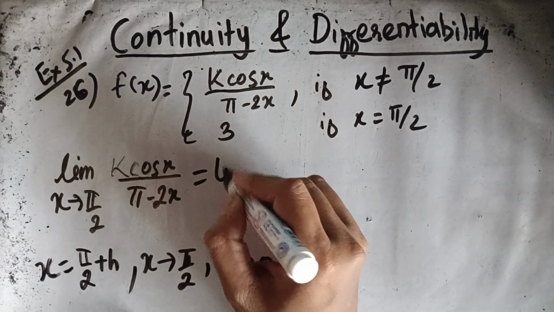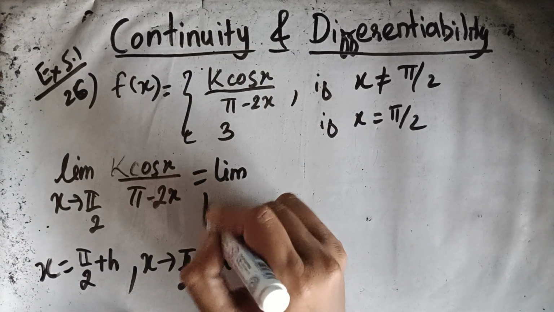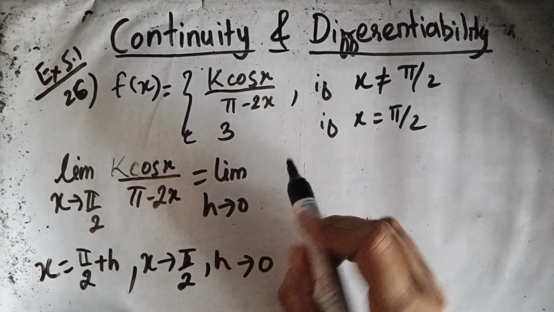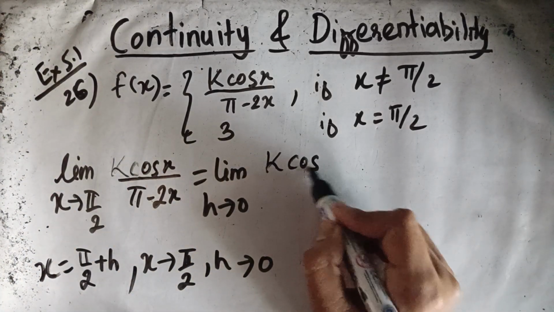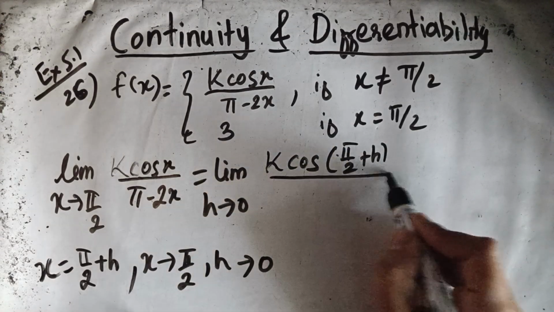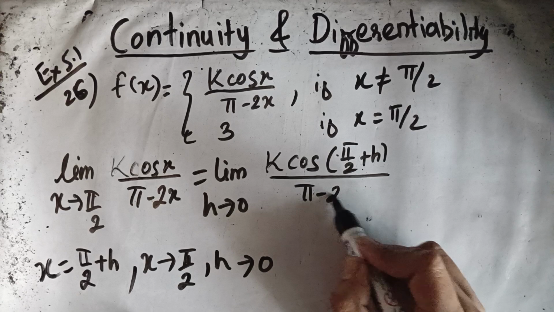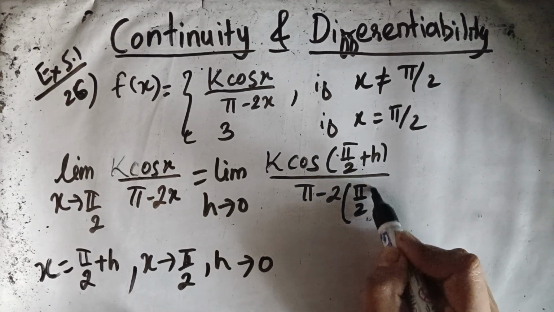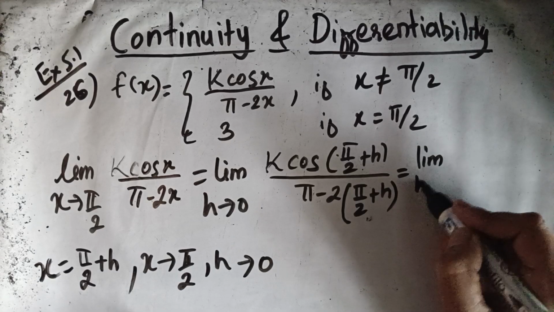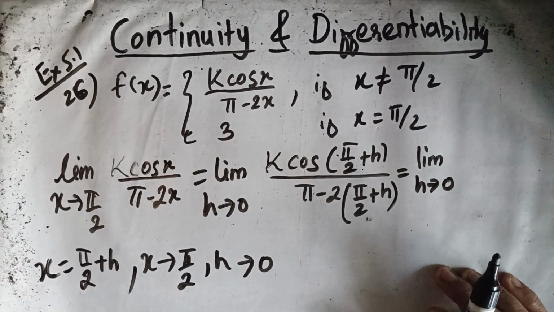So we are changing this limit as h tends to 0. So in place of x, you have to put pi by 2 plus h. So limit as h tends to 0,